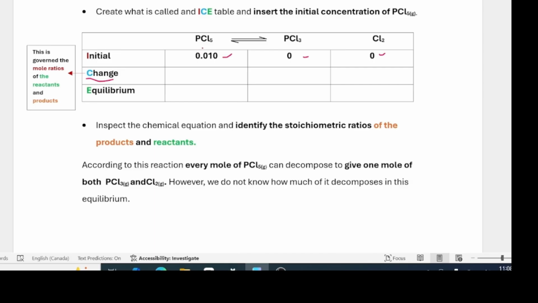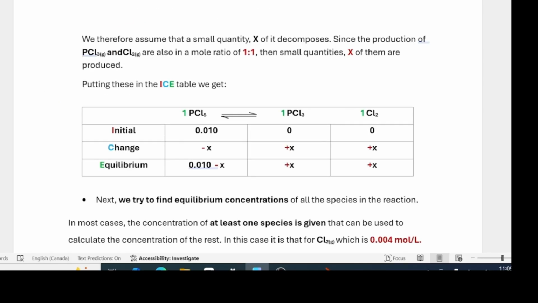And the way that happens is governed by the mole ratios of the reactants and products. For example, in this case, we see that for every 1 mole per liter of phosphorus pentachloride that decomposes, we get 1 mole per liter of phosphorus trichloride and 1 mole per liter of chlorine. And because everything is in